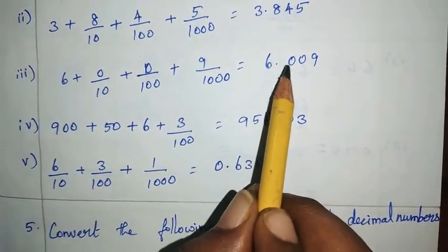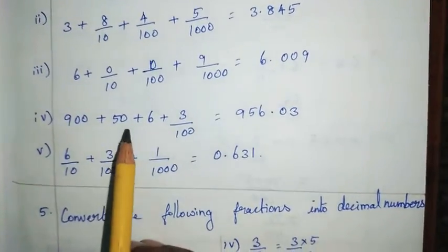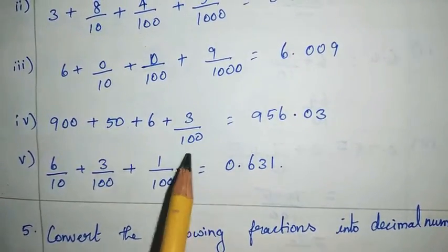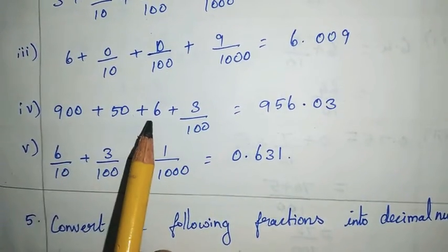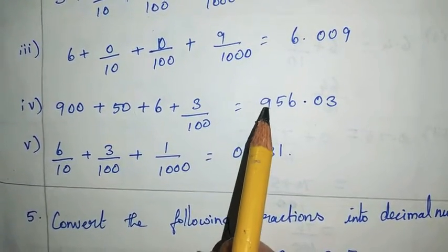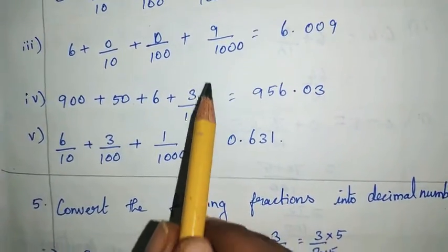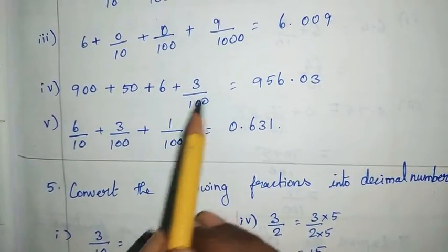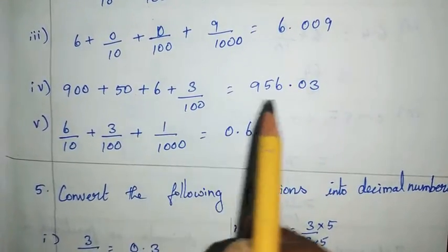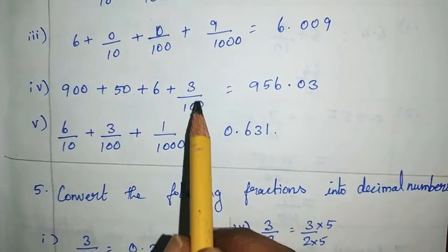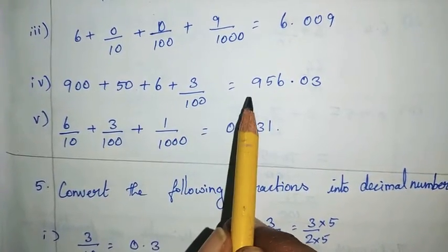Therefore, 6.009. Fourth sum: 900 plus 50 plus 6 plus 3 by 100. Here the whole numbers are 900, 50 and 6. When we add these three whole numbers, we get 956. After that, you have to put the decimal point. In the decimal part, we have only 3 by 100. We do not have a 10th place value, so we write 0 in the 10th place and put 3 in the 100th place. Therefore, the decimal number for this expanded form is